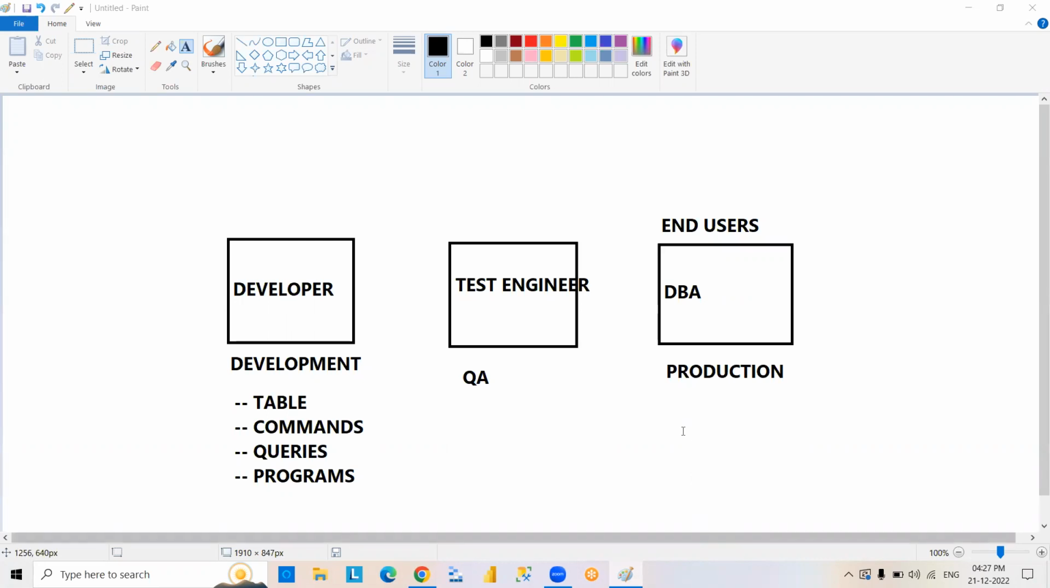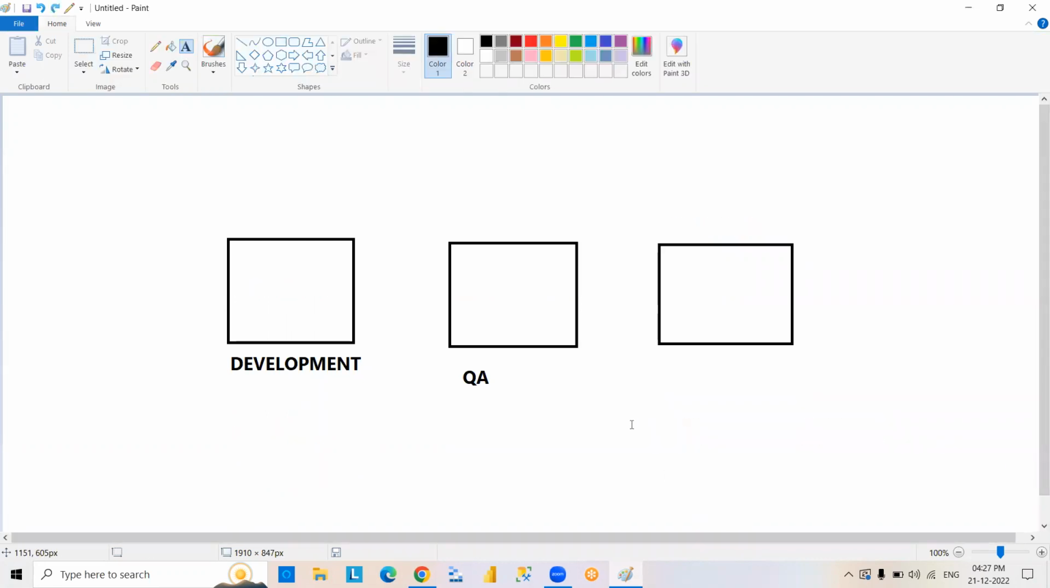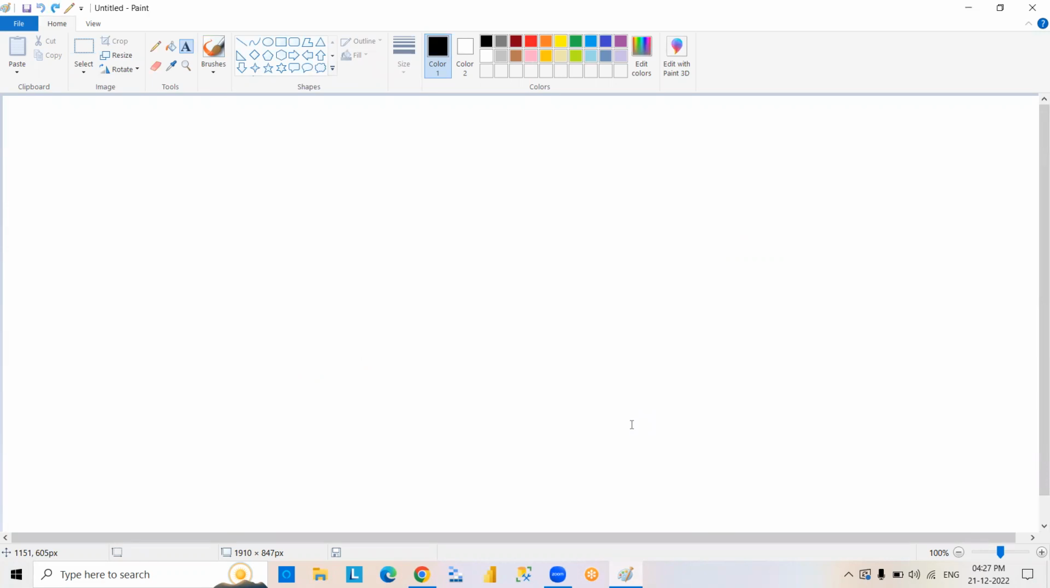So coming to the next scenario: the tool. After completion of the SQL Server installation, we are going to connect to SQL Server, and we are going to perform different types of operations. So to connect to